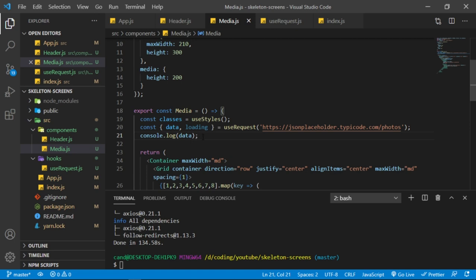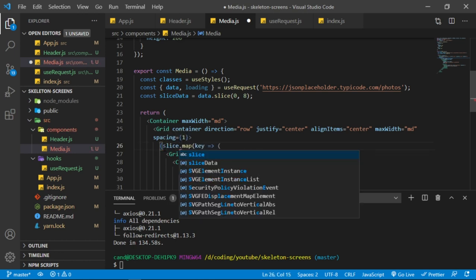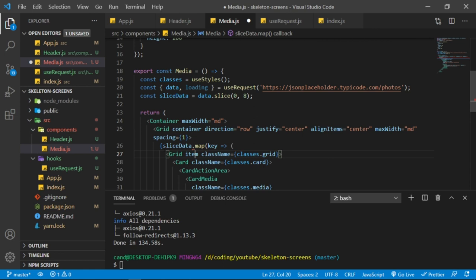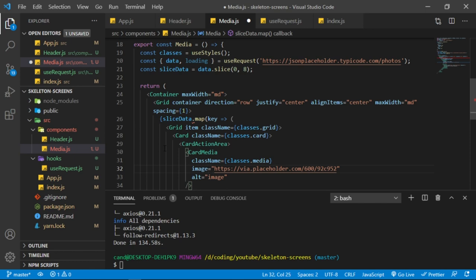I'm going to create a variable called, let's say, const sliceData, and set that equal to data.slice. I just want to get the 0 until 8 data. Okay, and instead of creating the array in here, I'm going to put the slice data in there. So sliceData. Okay, so now we can grab the image